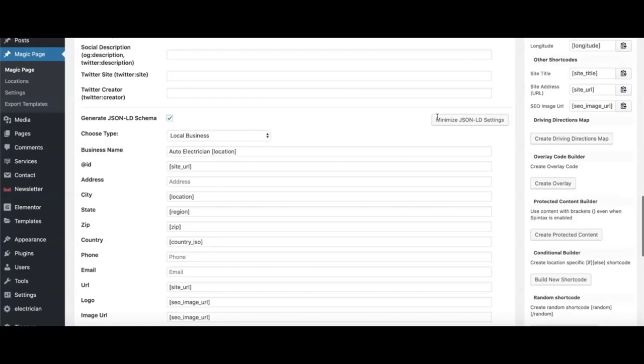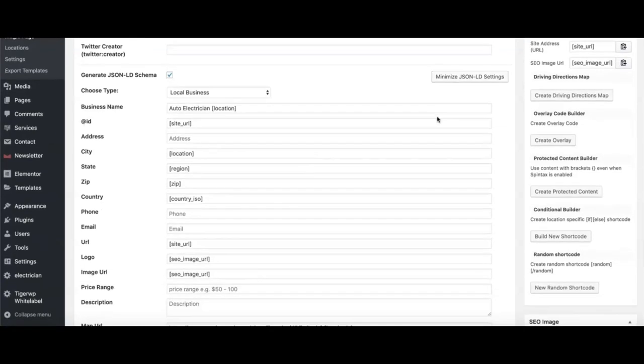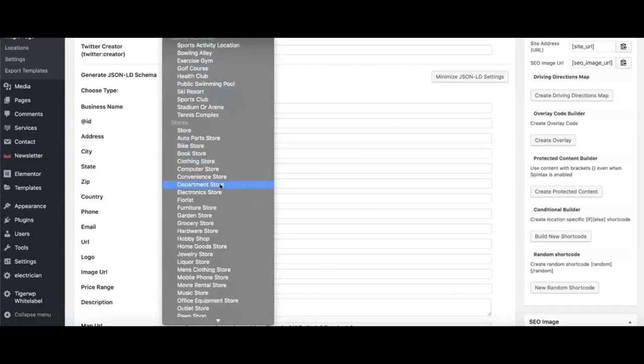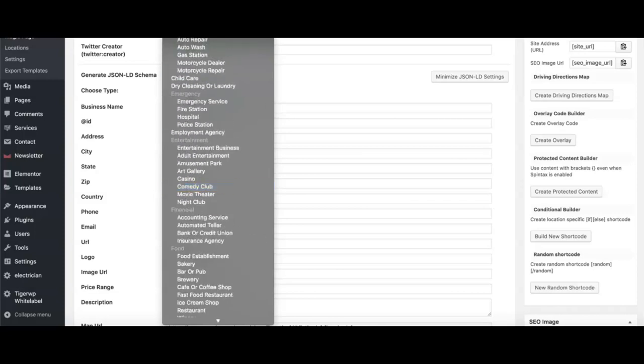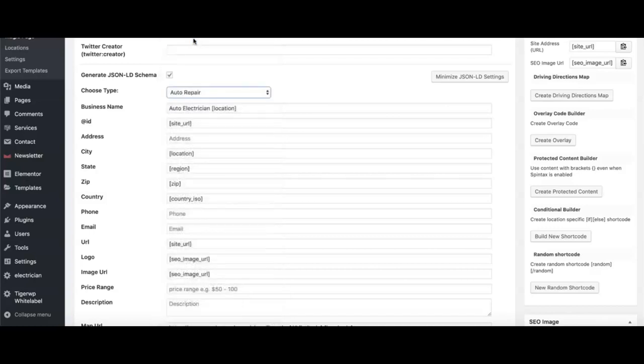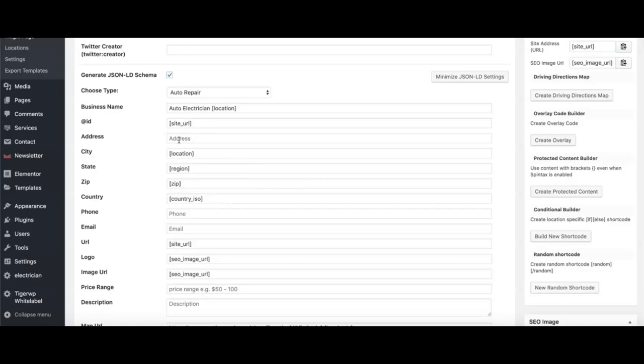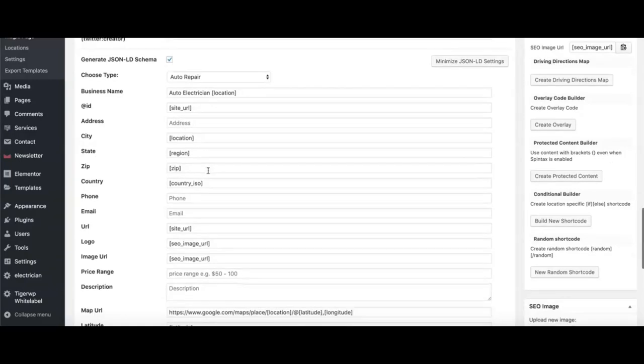What we're doing here is schema, but it's schema created to the point where it's so simple, you fill in a form and nothing else needs doing. Let me just show you what I mean. We've got all these different types of businesses you can choose from, but I think I spotted ours at the top, which would be auto repair. Yep, for auto electrician. So your site URL is going to be in there. You can pop an address in there if you want, but we don't need to put the street name. You can also add spin text in here, so you could have different brown, green, blue, pink street and all the rest. I tend to leave that blank because it doesn't throw up any errors.